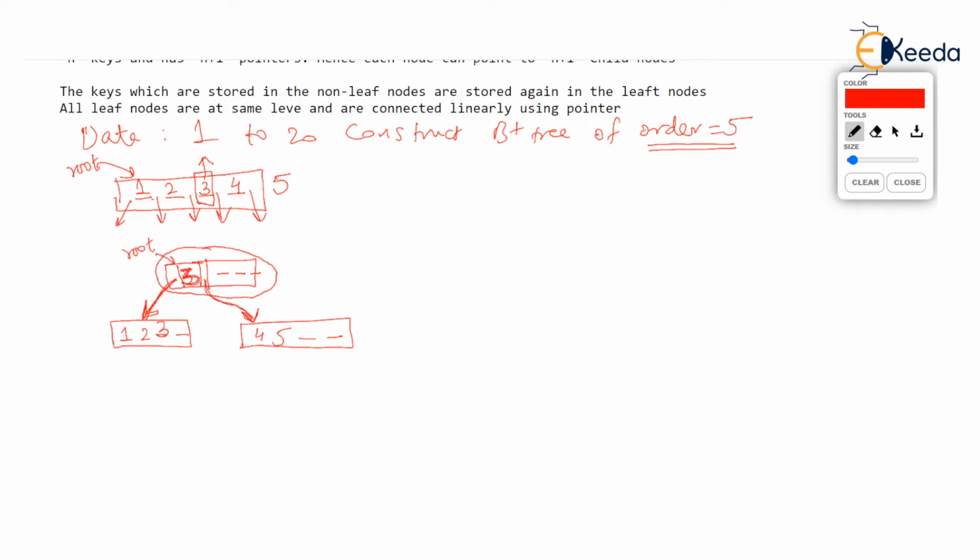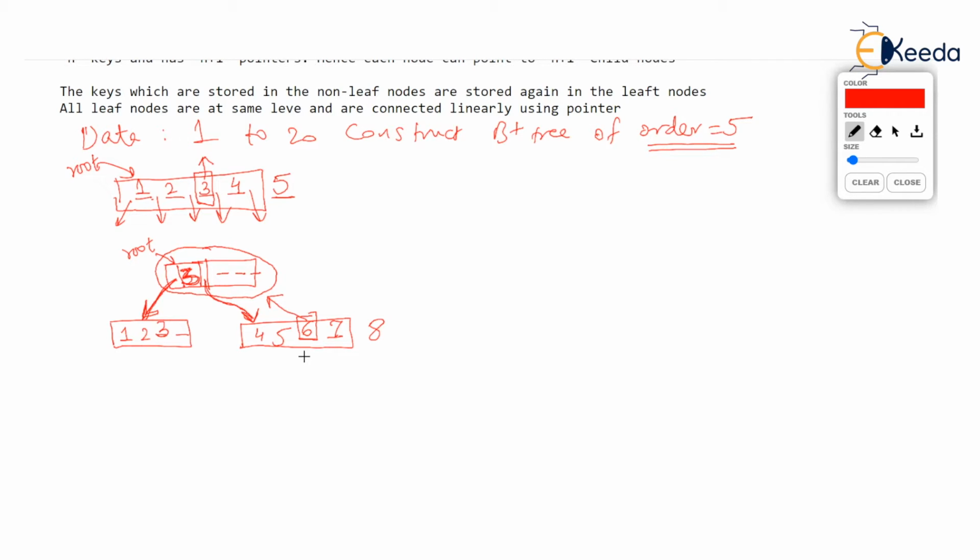Let's take next value. Last value we inserted was 5, isn't it? Let's take 6. Now the same rules to add 6. 6 will go to the right of 3 because it is larger than 3. So it will join 4, 5. And there is enough place for storing 6. In the same way, 7 will join the same node and 8 can't join, isn't it? If 8 wants to join, it should join after 7. But 8 can't join. Now we again have a sorted sequence 4, 5, 6, 7, 8. We will split this sequence and the median, that is 6, will be propagated to root.